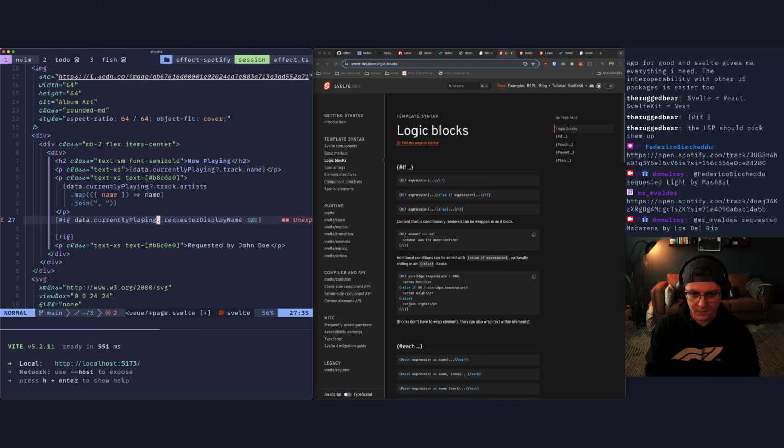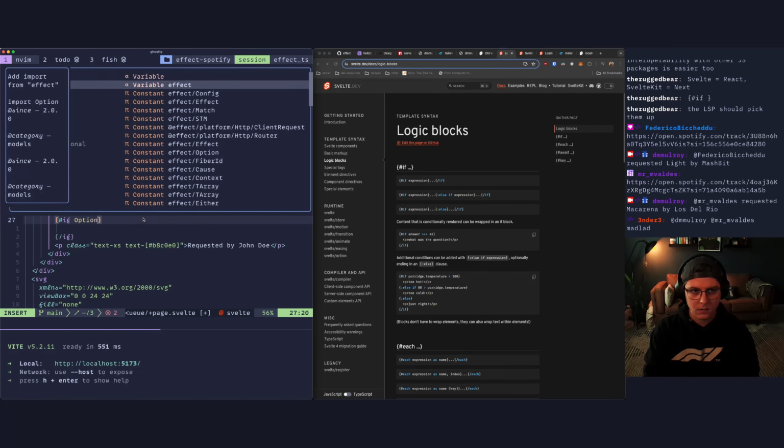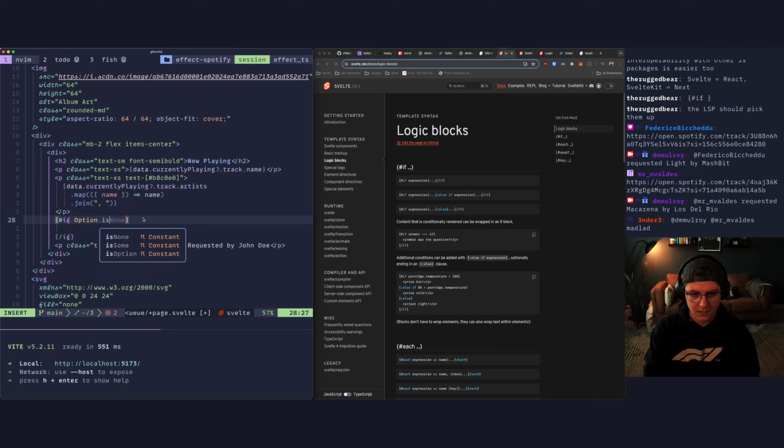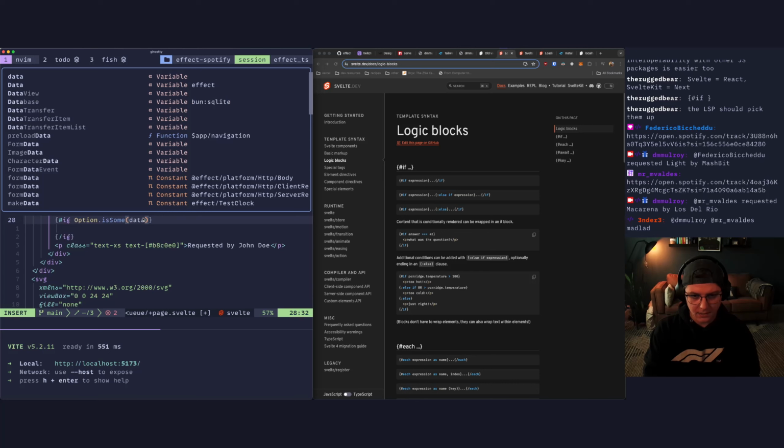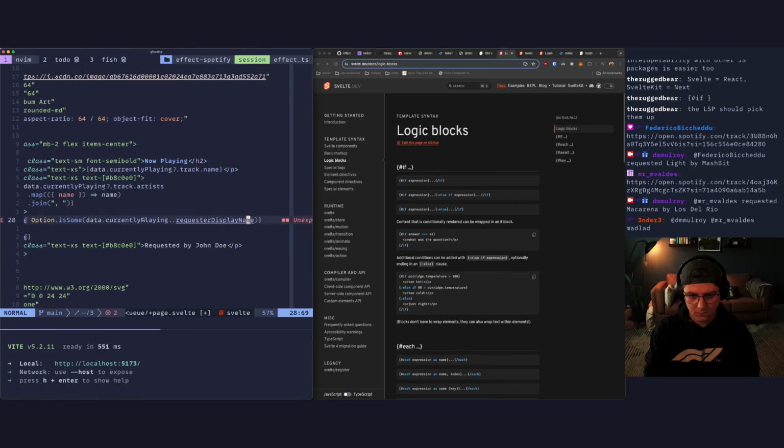So you can technically do like if option is some, which will be data dot currently playing dot requester dot display name. Why did that put like an extra dot in there?